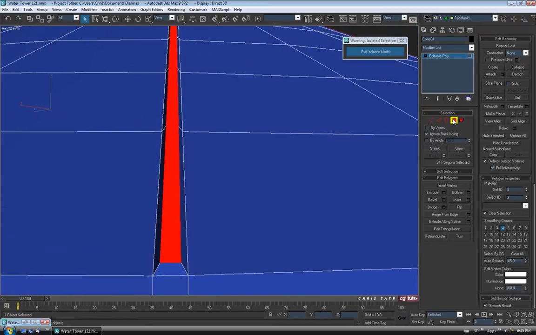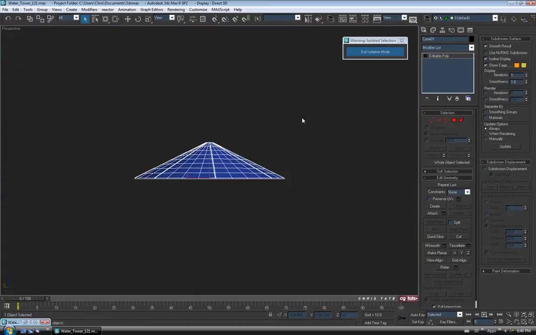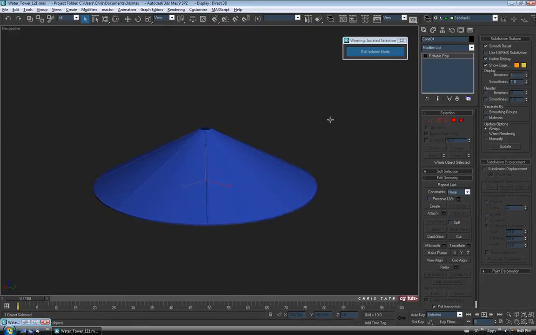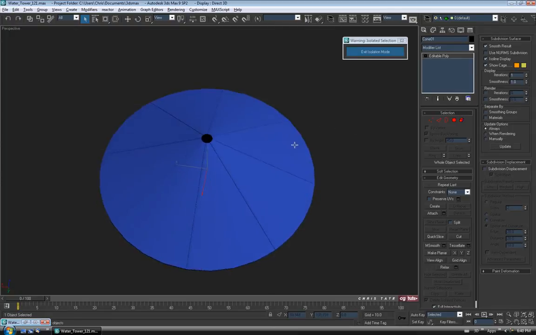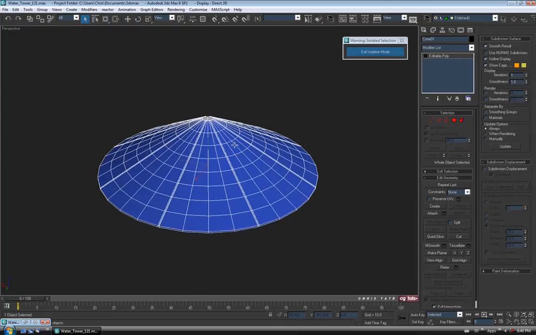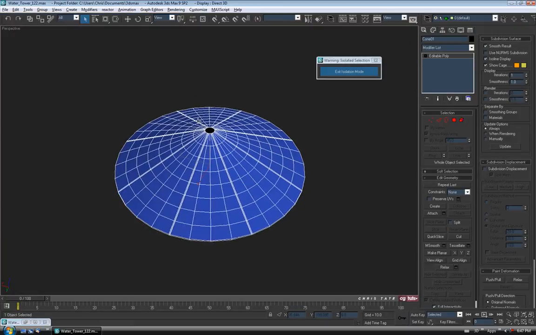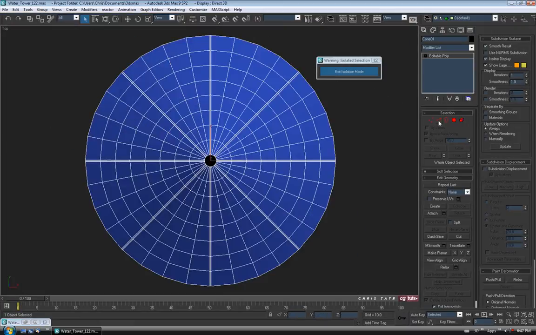Okay, so let's exit polygon and just take a quick look here. We're just going to turn the edges off with F4. Alright, so that's probably fine. So we're going to have to chamfer some of the edges down, but I think I'll just do a save first. Okay, so let's just jump in the top view, and we'll turn edge back on, and I still have back